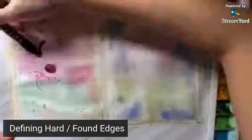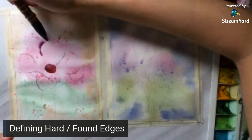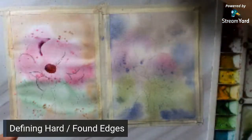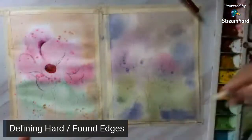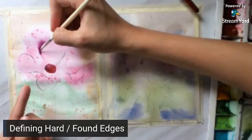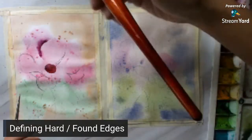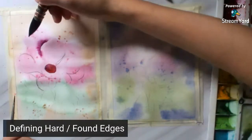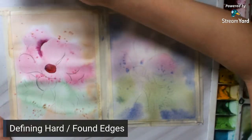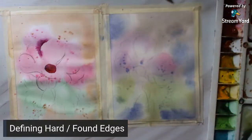I will keep the right side hard, but I will soften the other side using another brush. Okay, you're sort of erasing the other side. It's quite challenging with Canson, but I'll do my best and show you what I meant. So that is a found edge. This side is found, this side is lost. Since we wet this side, it now starts to blend to the other parts of the painting. This one, since it is a small space,